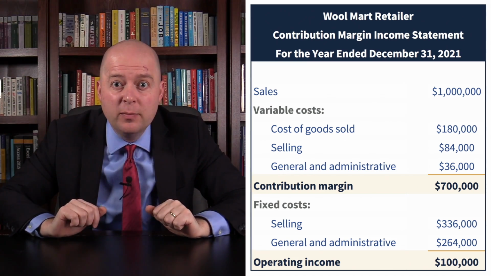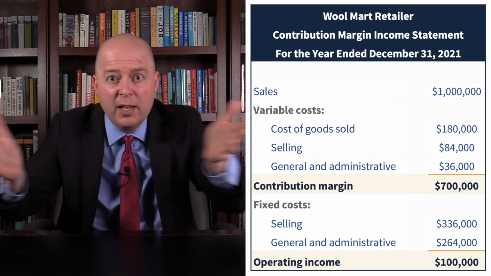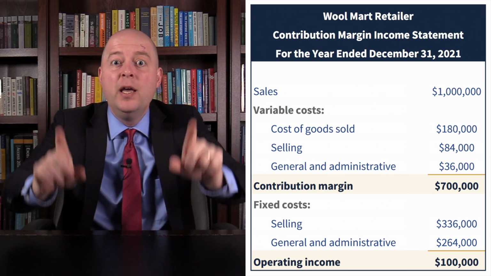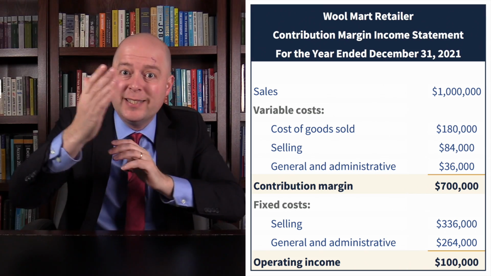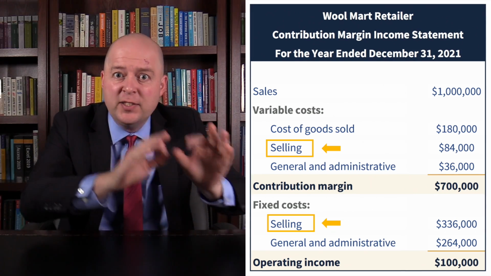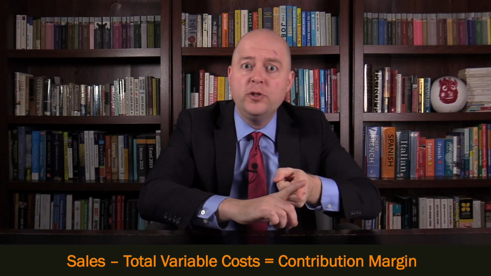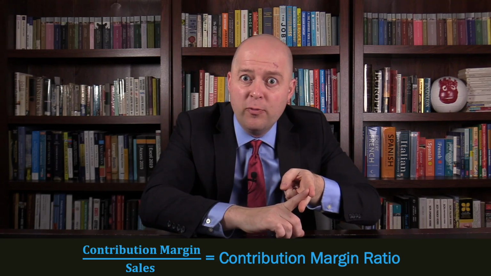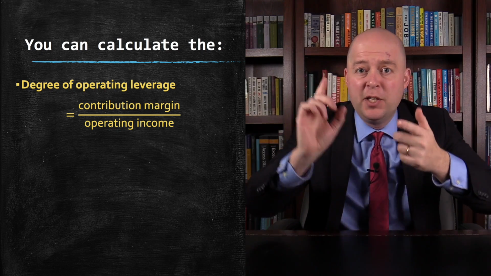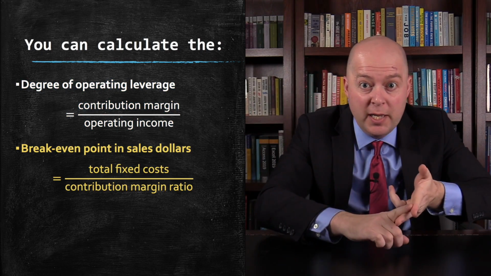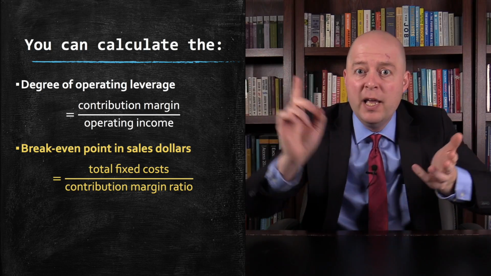Whereas the traditional income statement lumps variable and fixed selling costs into a single line item, the contribution margin format separates selling costs into their fixed and variable components. And once you've isolated the total variable cost, you can calculate the contribution margin and the contribution margin ratio. Having this information makes it easy to perform cost volume profit analysis. You can calculate the degree of operating leverage, the break-even point in terms of sales dollars, and the margin of